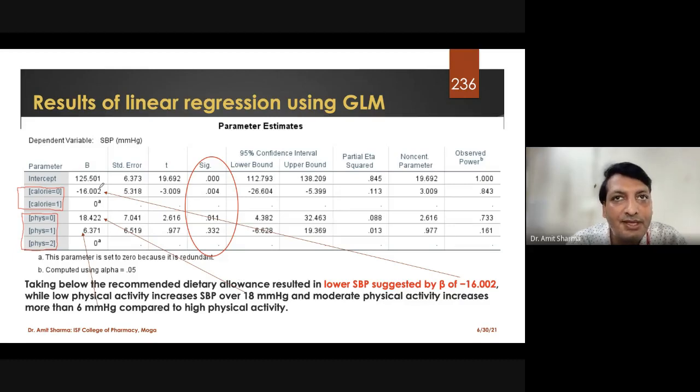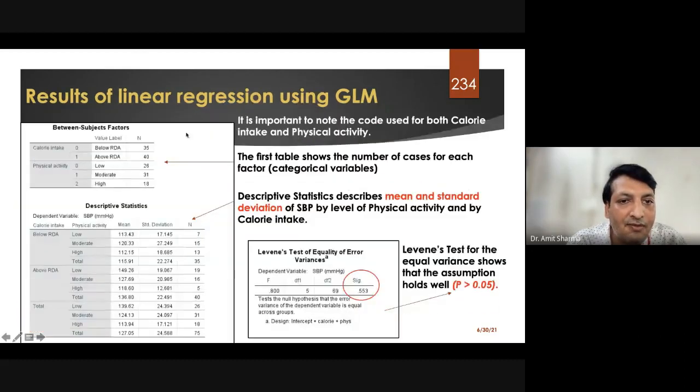So the last category of an independent variable will be considered as the standard. For example, we have two categories under calorie intake.